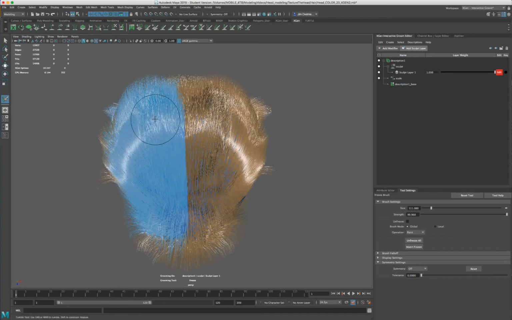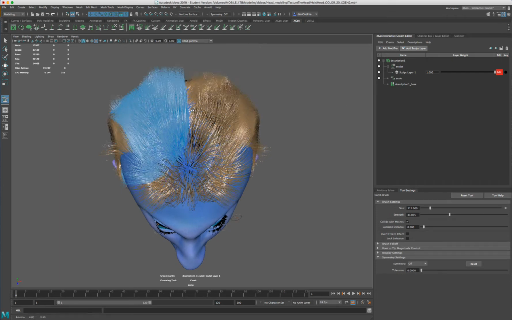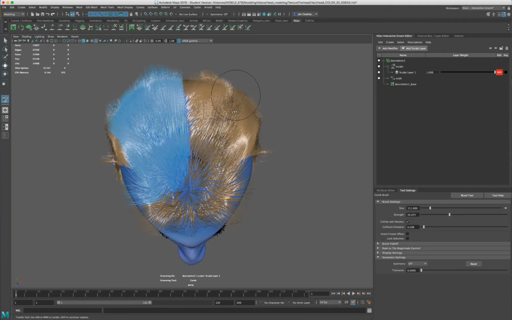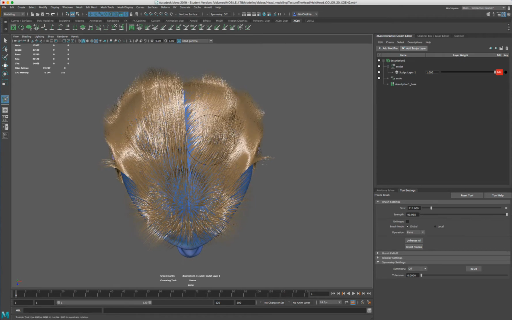Then everything light blue is frozen, and then you can comb it away from that frozen area to indicate part in the hair. Should turn off symmetry there with the comb tool before I use it. It's just doing one side. If you're done freezing everything in blue, you can click on freeze all and start again, and this time freeze this part,